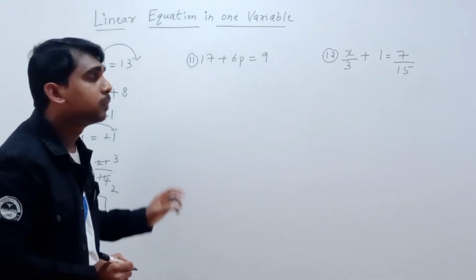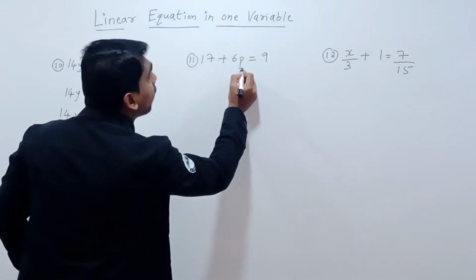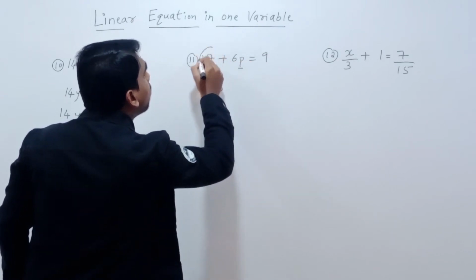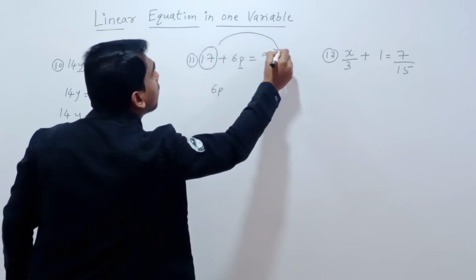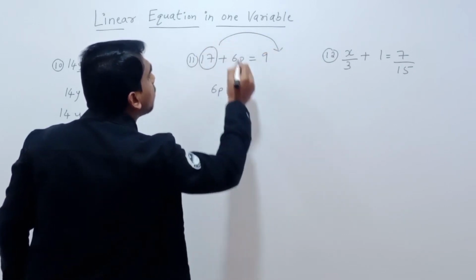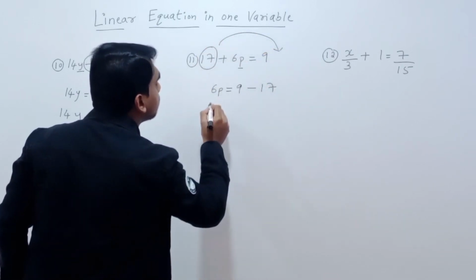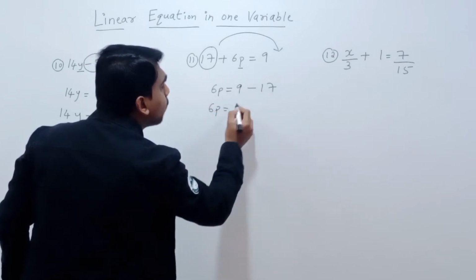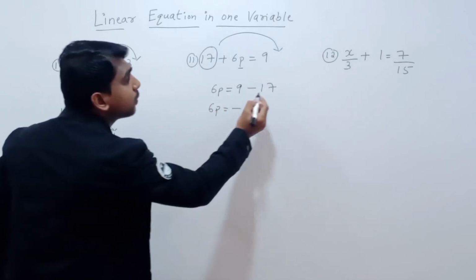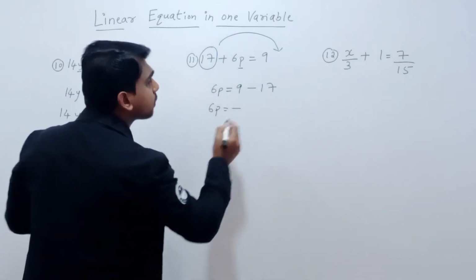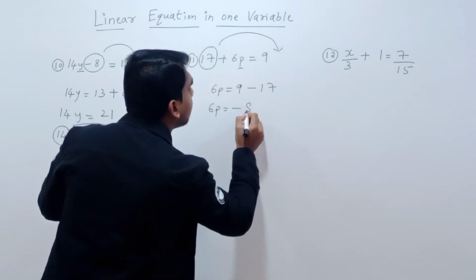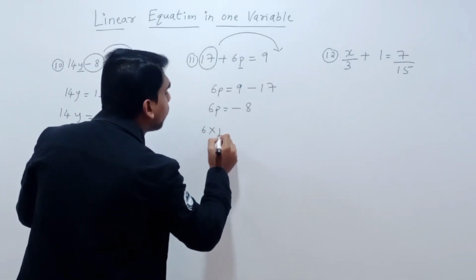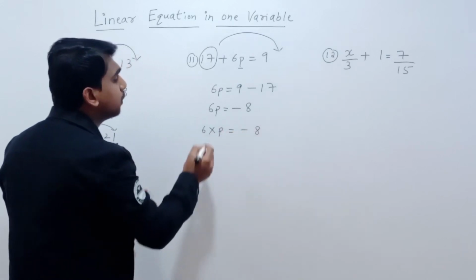Now 11th question. Here we have to find the p value. So first we will write 6p. We will move plus 17 to the right side. Plus 17 will become minus 17. Now 6p is equal to 9 minus 17. We will put the greater number sign. 17 minus 9 is